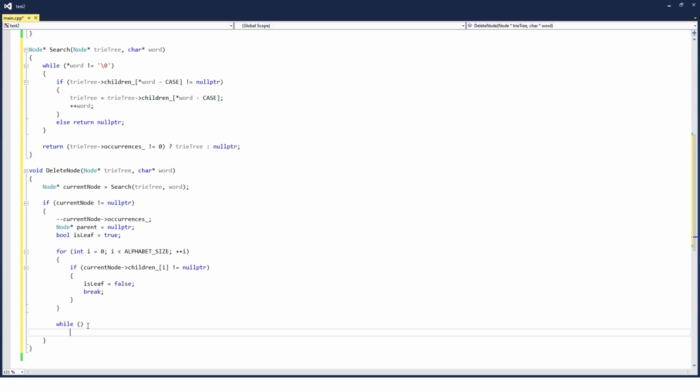While, let's see, current node that points to a parent does not equal null pointer. Do you remember when we first started and every time we reached the root was our stopping point because we never delete the root? Well, the root will be the only node that has the parent that equals null pointer. So that's what this part does. It lets us know if the parent is null pointer, that means we've reached the root and we stop. So while the parent is not null pointer